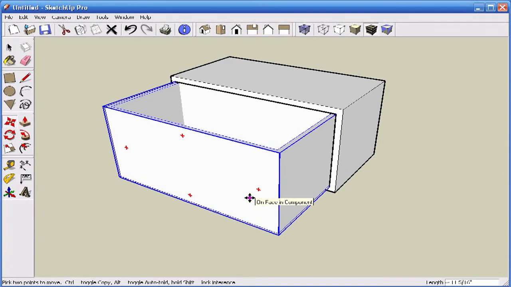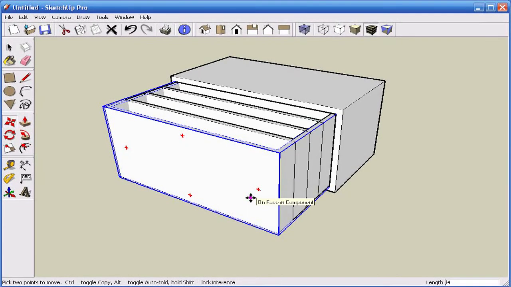And now press the slash key and the number 4, because we want to create multiple copies of that drawer. And this is the same technique that we used when we made multiple copies of a shelf in the bookshelf tutorial. I'm going to press the enter key now and we'll get our multiple copies. Very simple. We could have pushed /5 or /3 and had a different number of copies, but 4 is going to work really good for this